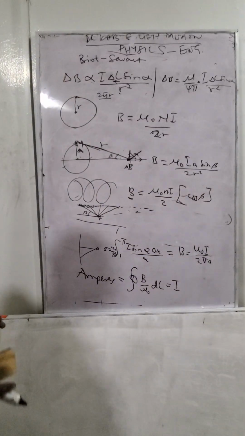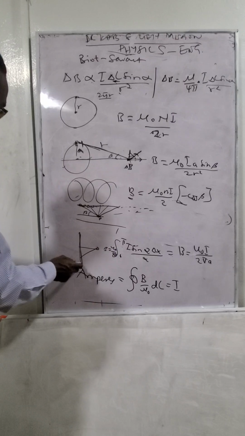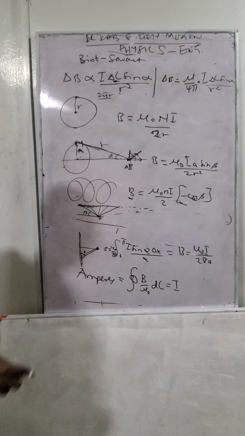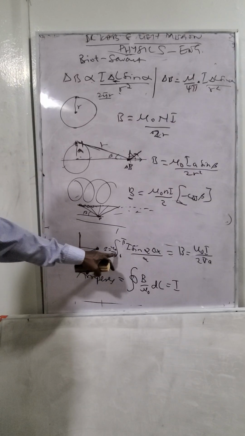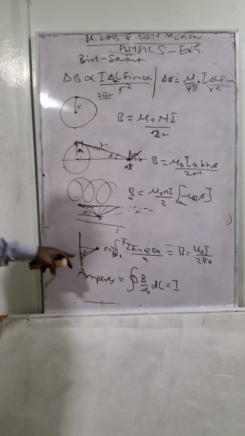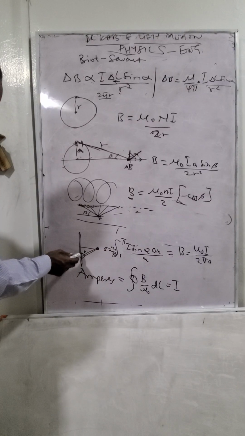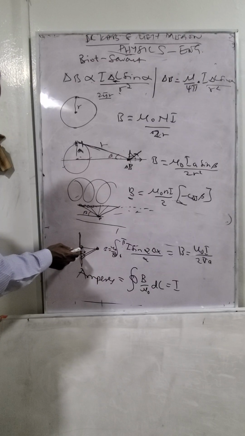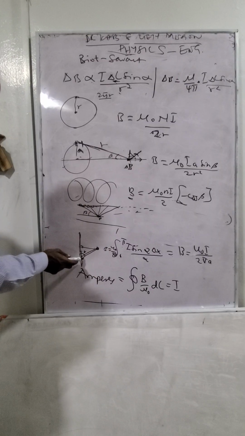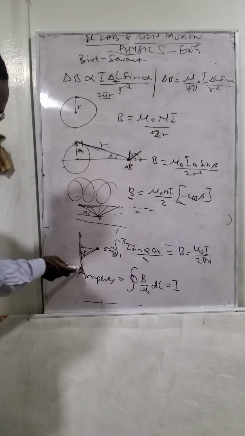Now the same thing can be applied for here, where we have the conductor. As long as this is the point, this is the angle. So here we substitute in the values. We sum from 0 to pi because you're going to have up to 90 degrees. So as you go further, each point is given. If you come here, at this point it becomes 90 degrees. Then you have the same half on the other side. And if you keep on going,